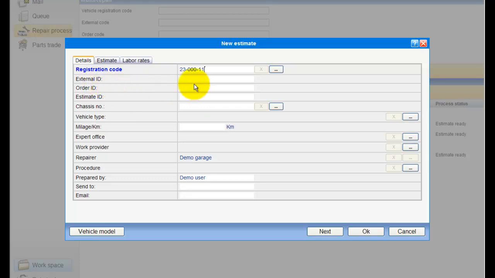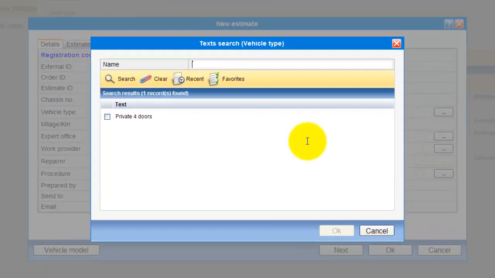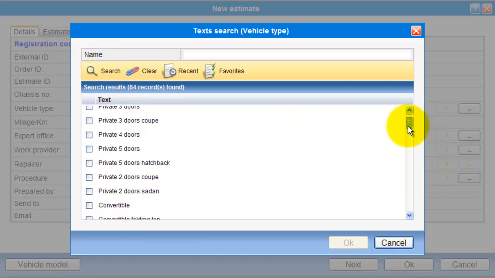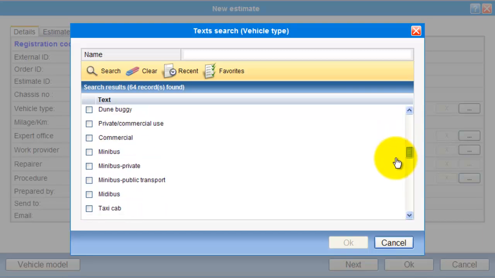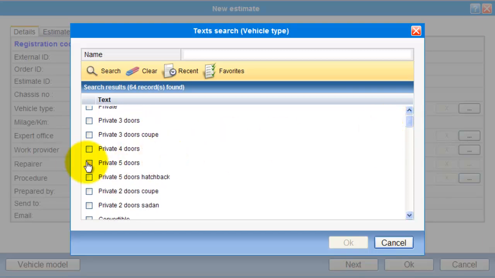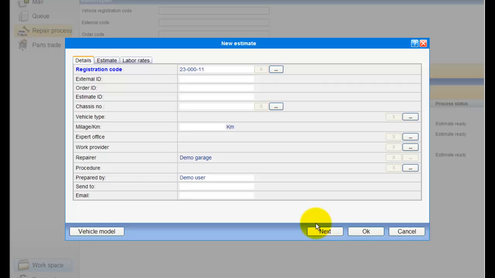We will fill up all the external or order IDs if there are any. We can fill up the chassis number if we know it. For the vehicle type, if we click on this search button, for example, it will open a list of all the vehicle types, and we can define the vehicle for our use. The mileage, kilometer,